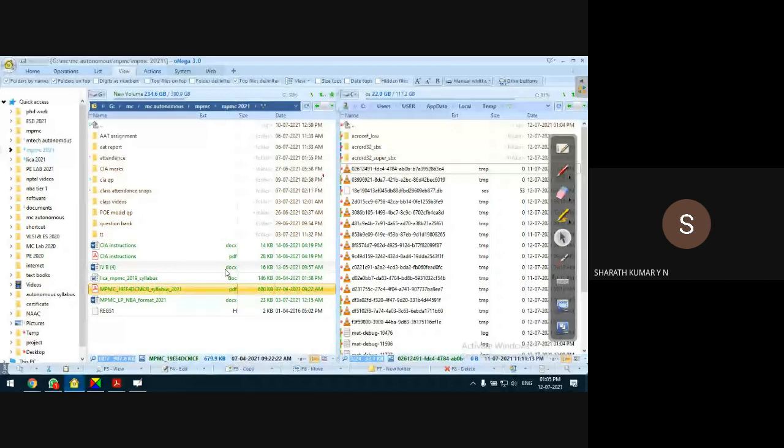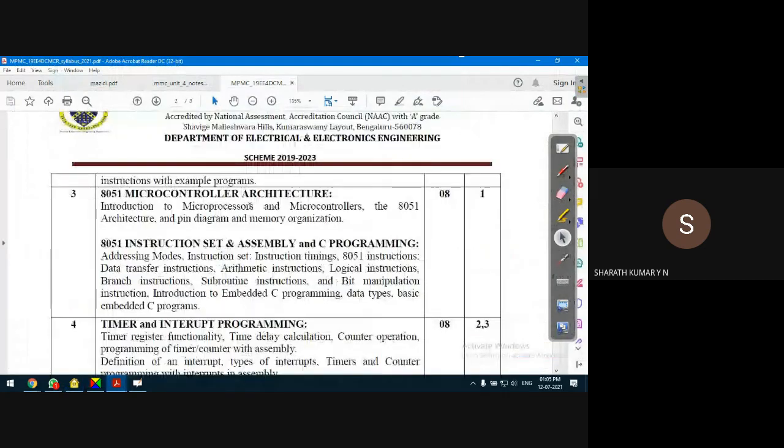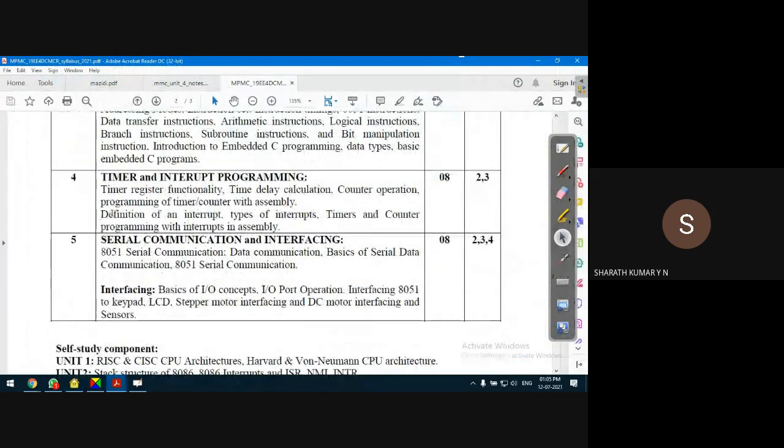After the discussion of interrupts, we have to discuss serial communication. We will not discuss it in detail. I think in a maximum of 2 classes I should be able to complete this.